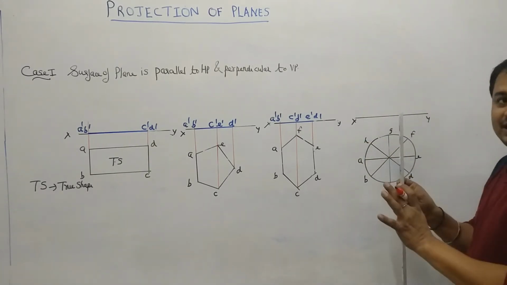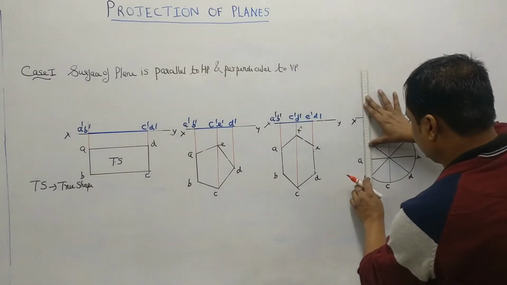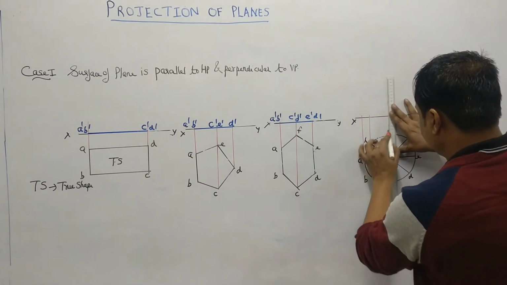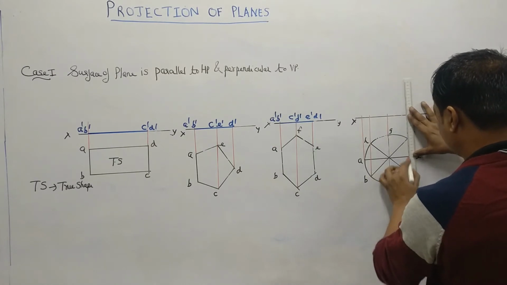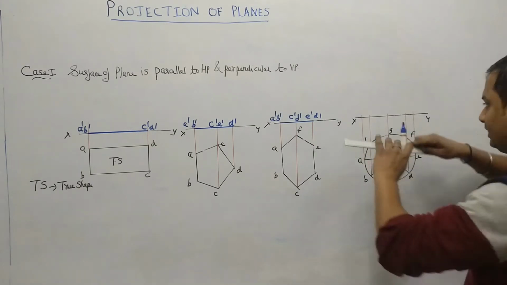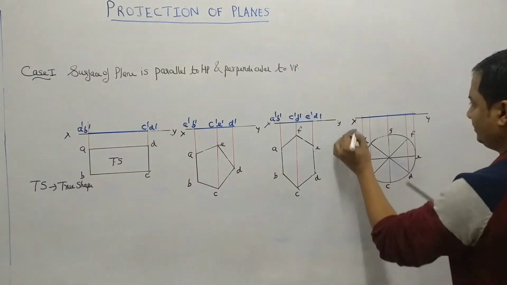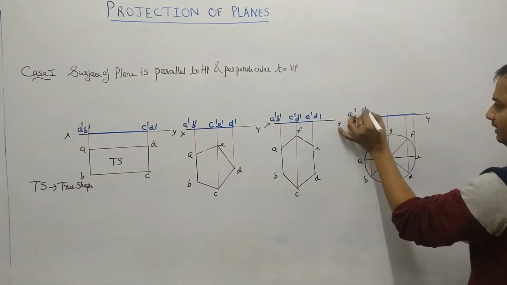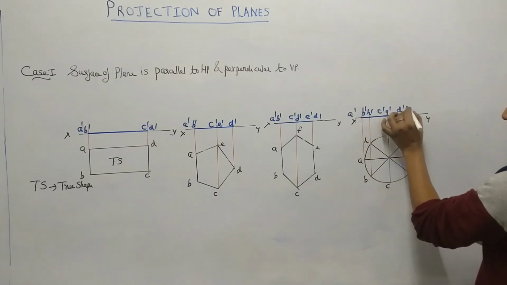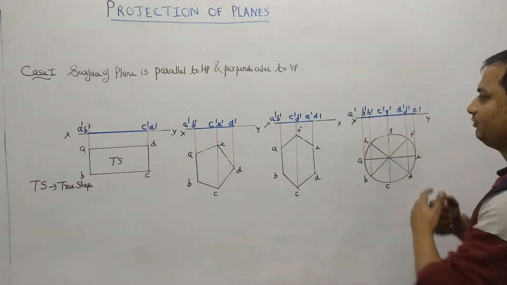True shape means exact. For the same diameter which is given, I will be getting the top view. And the front view projectors, these are the light projectors. So the front view I will be taking on the XY. You can take it anywhere above XY also, but I will be taking XY, that is convenient. So the names will be: this will become A dash, this will become B dash, H dash, this will become C dash, G dash, this will become D dash, F dash, and this is E dash. So the top view will be a circle and the front view will be a line.